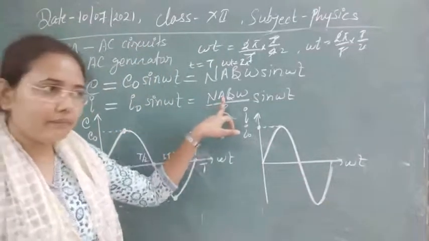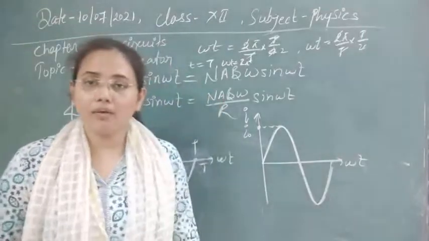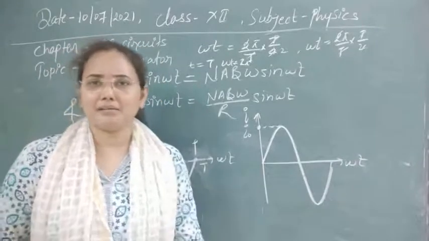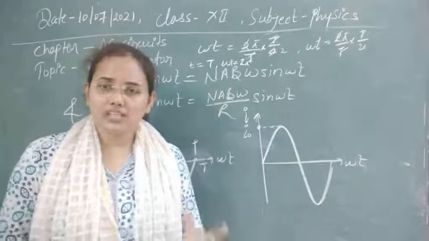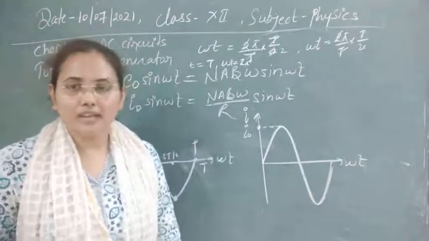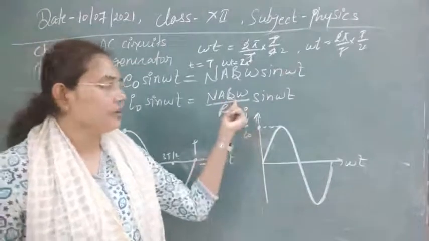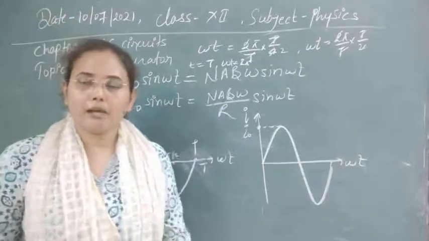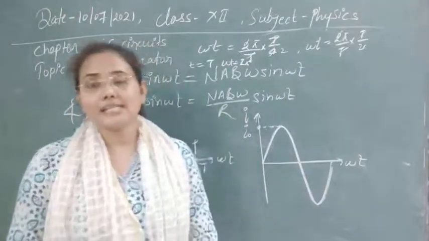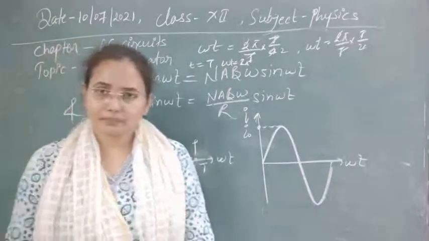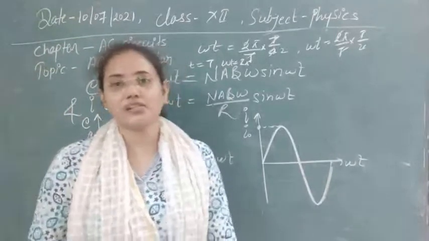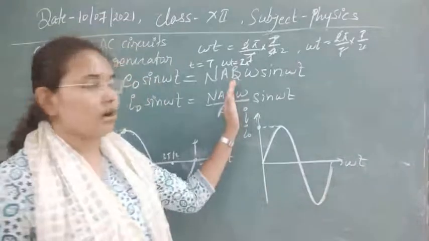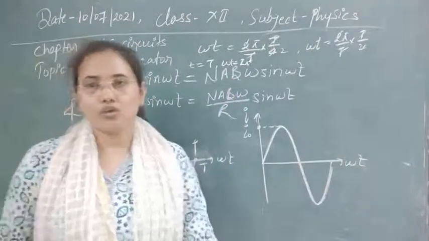Here, area is the second factor that you can change, meaning you can make the area of the coil very large, but again the problem is the same. For a larger area, it will be very difficult to handle. The device will be bulky, so we avoid these situations. Third, you can increase the magnetic field. Due to the increase in the magnetic field, you can use strong magnets. That's why I suggested at the start that you can use Gaussian magnets, which are very strong magnets. Whenever you use a strong magnet, it will produce a stronger current.